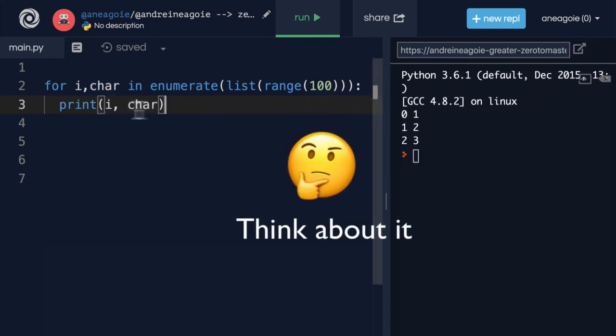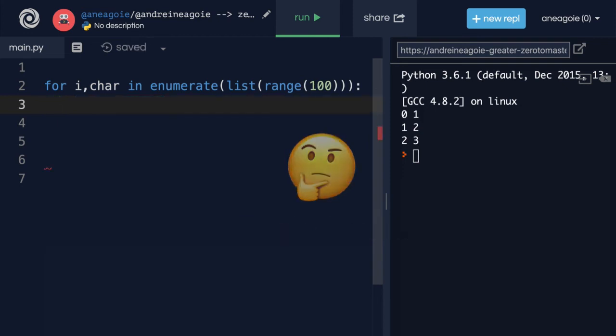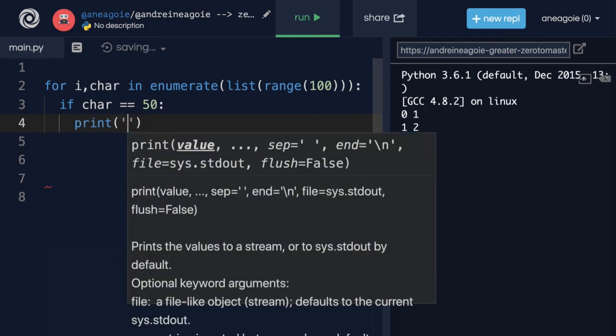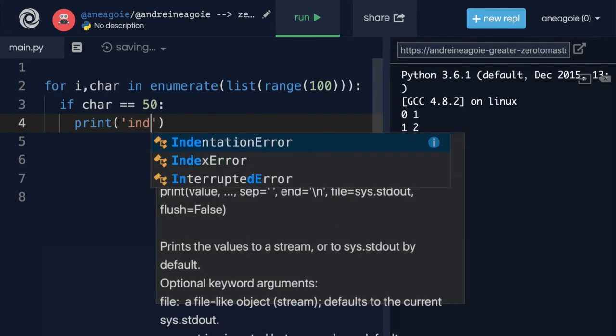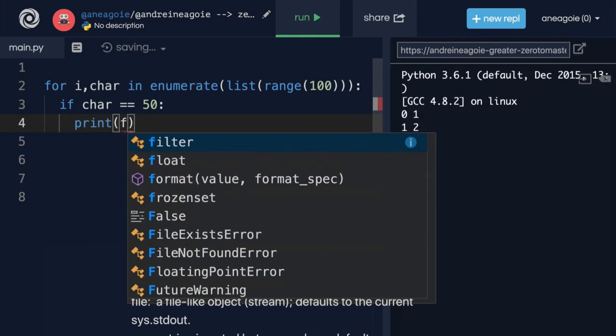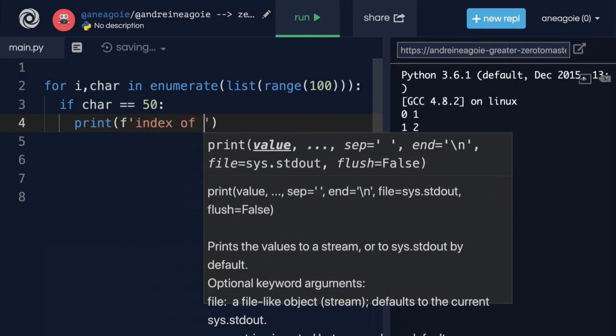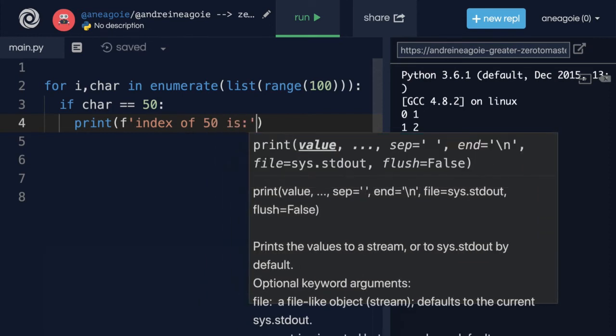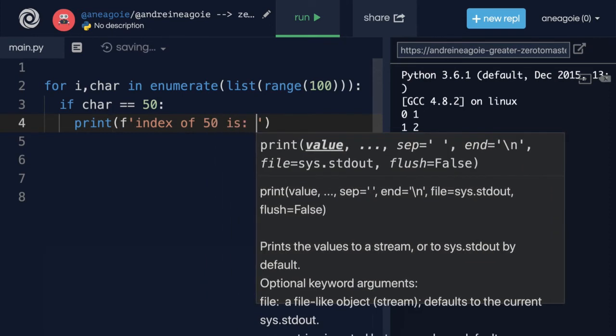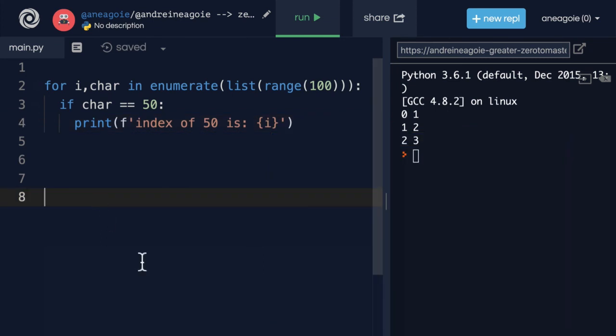Otherwise, let's try this. I'm going to do a conditional that says if character is equal to 50, then I'm going to print, or I'm going to do an f-string, and I'll say that the index of 50 is, and then I'll add the index in here.